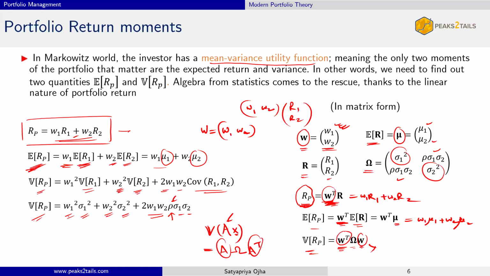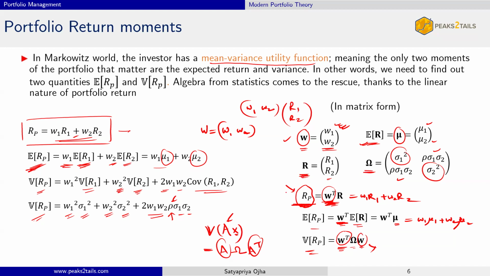Coming back to my question, why do you think RP is not in bold? Or is it a mistake that I made? In the matrix formulation, everything is in bold. W is bold. Expected return vector mu1, mu2 is in bold because it's a vector. This is a return vector. This is a matrix, full-blown matrix. But RP, portfolio return,